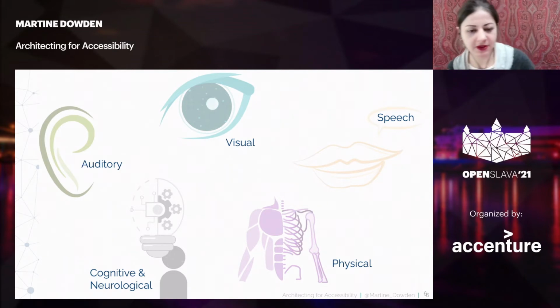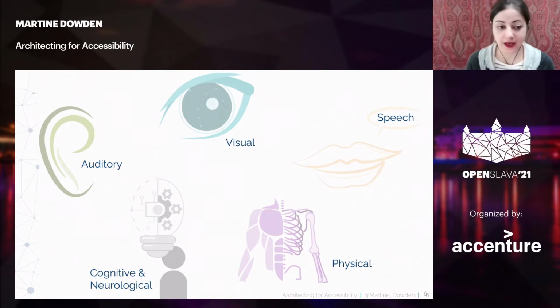Speech, that comes into play if you're developing for Alexa, for example, or for some of the other products, which I will not name in order not to trigger my devices in my home. Physical, these can be anything from what devices can we use to interact with the application. If we think of a computer, most people are going to use a keyboard and mouse, but that's not necessarily available to everybody for whatever reasons, either their own limitations, or maybe they're on a device where there isn't a keyboard. So are there other ways that we can find that?